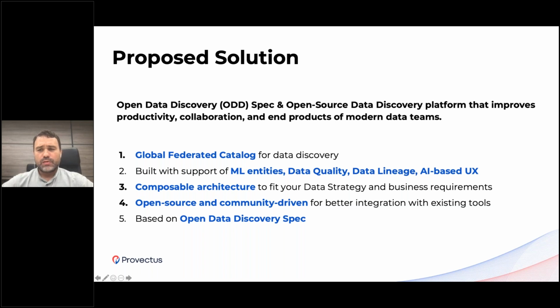It's much easier to develop this type of product when a community and database vendors actively collaborate. Build an open source data catalog on top of the Open Data Discovery standard to make metadata interchangeable across organizations. Make machine learning entities like model artifacts and training pipelines first-class citizens in the data catalog to provide real end-to-end